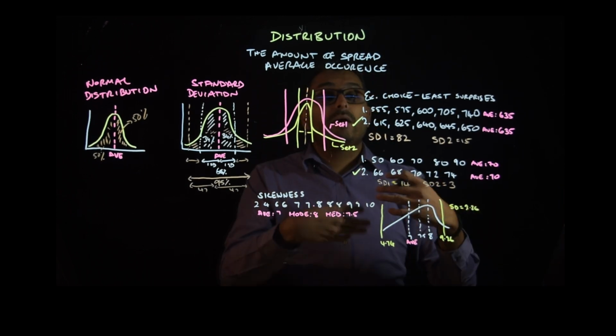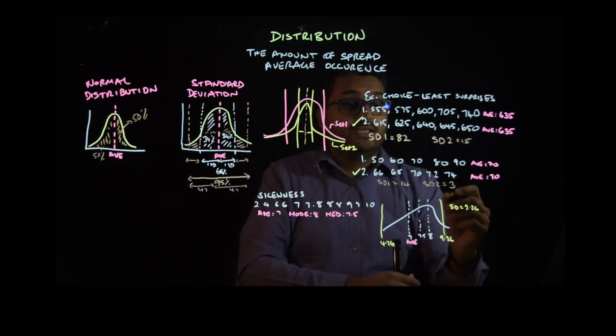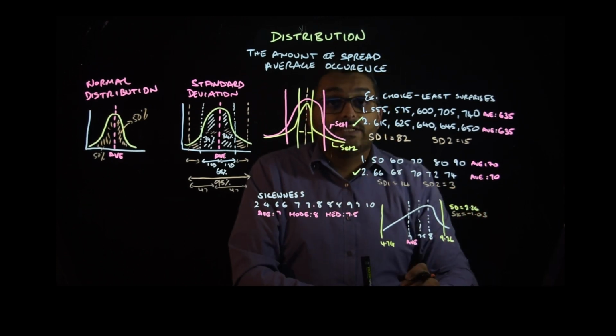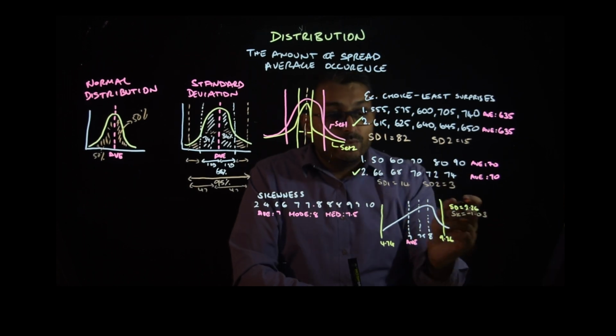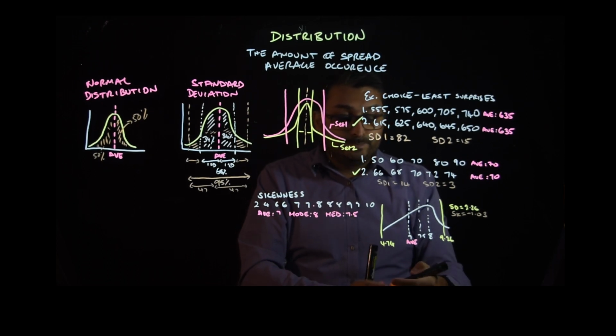But if we apply the skewness factor, and the skewness factor is minus 1.03, because this graph has a negative skew, and we apply that to this, we will see that